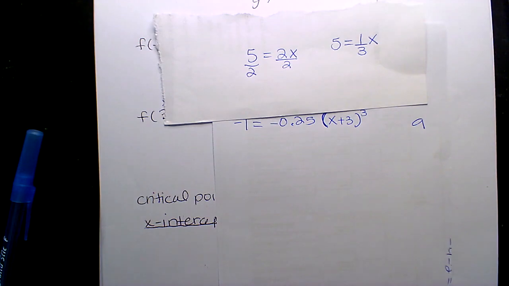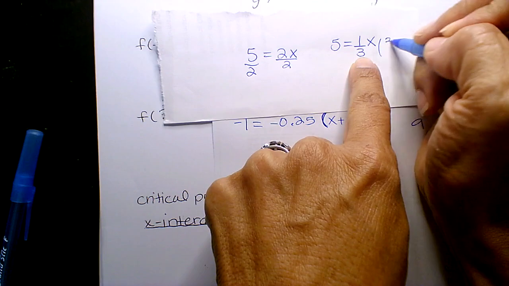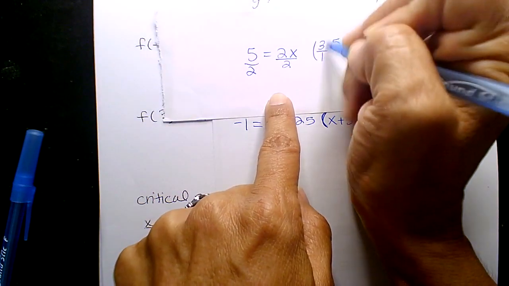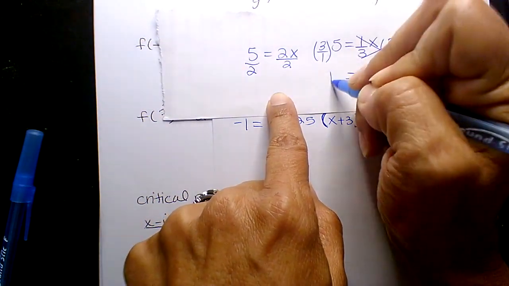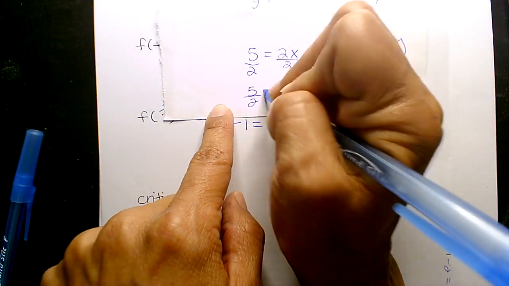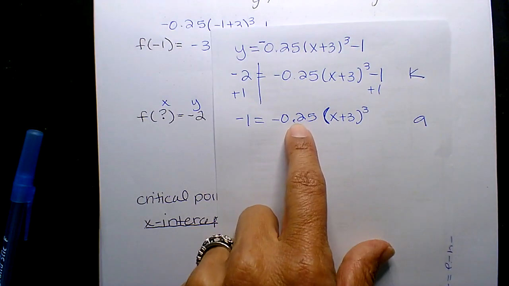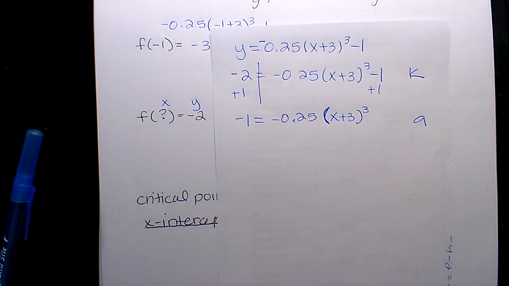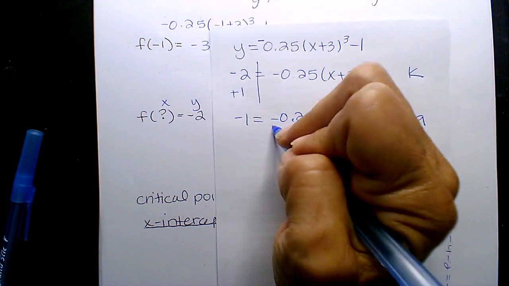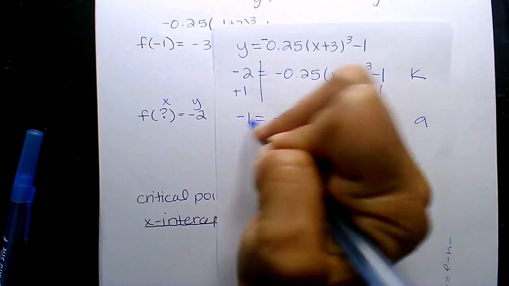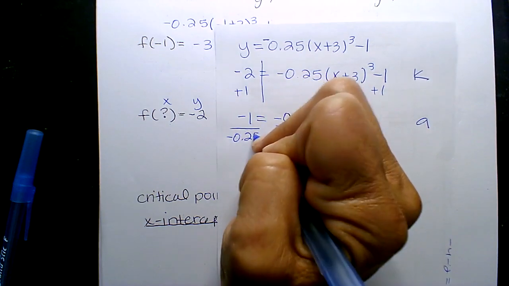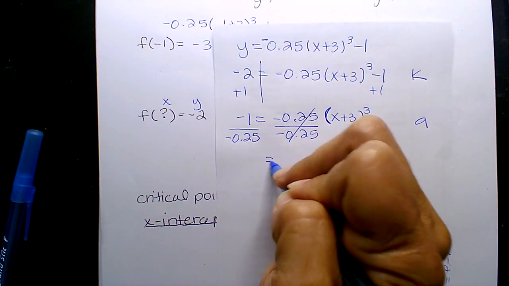What do you know? I know if I want to find that, I'm going to go 3 over 1, 3 over 1, right? And then that comes out, that's x, this is 15. Here, I get 5/2 is x. So whatever your language is that you prefer. Okay, so here, that negative 0.25, I need to move it to the right. So do you say divide, right? But you're essentially reciprocaling, right? Because it's not a separate term. There's no add, subtract. So now divide by negative 0.25, divide by negative 0.25, and so I get,